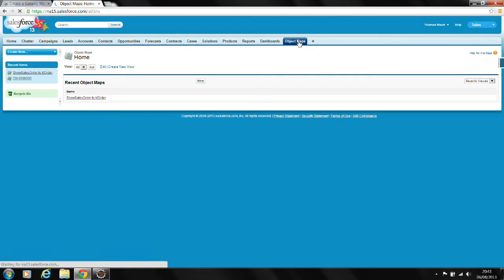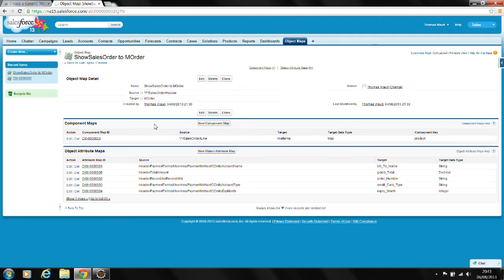And what these do, if I go to the object map screen, select an example, is they map an XML document onto an Apex class. So let's give a bit of a description as to how it does that. The top level object map basically specifies a source path within an XML document and the target Apex class. So this source string here provides the path to the location in the XML document where I should be pulling out attributes related to the order